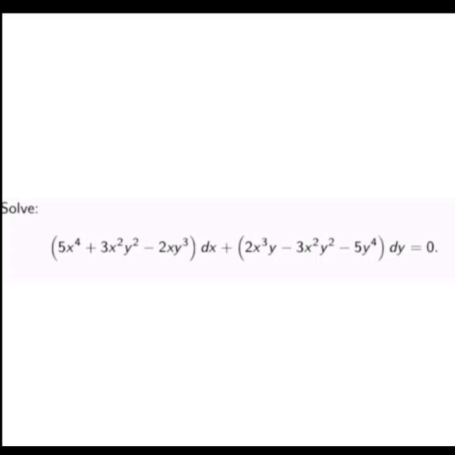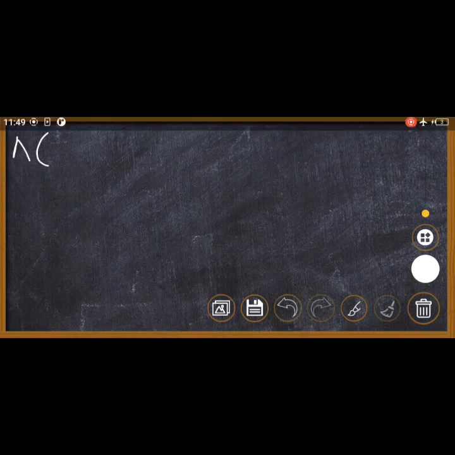Okay, so we have been asked to solve the given expression that is here. Make sure that you write this equation so that whatever we are going to do, you will be referring to the same. Now, according to the question, this time we have been asked to solve the given exact function. How are we going to know that it's exact? According to the question, we have been given m